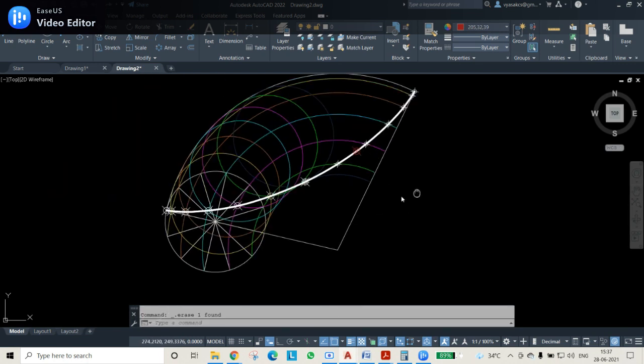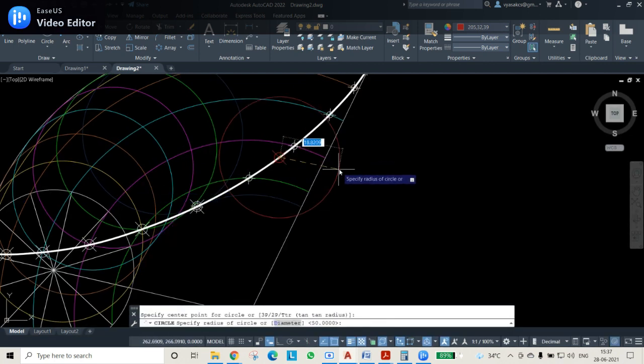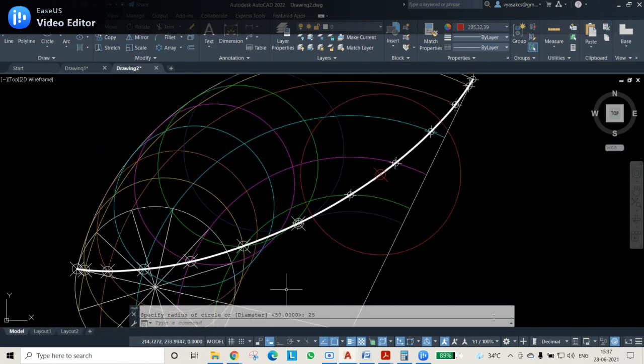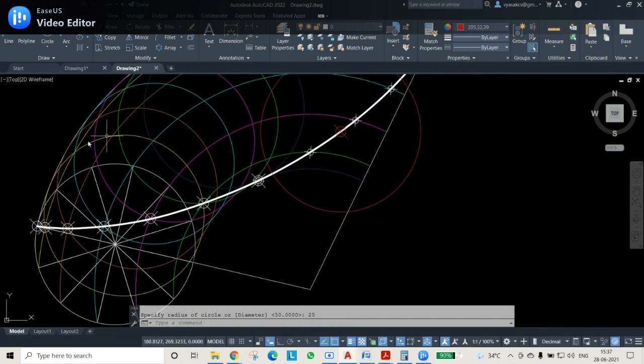Once this is finished, select the circle command, and with this as center, draw how much? 25 mm, because the generating circle or the rotating circle is 50 mm diameter. Therefore, this is drawn with 25 mm radius. But this circle, the red circle I have drawn now, should intersect the center circle. Where is the center circle? The center circle is not drawn till now.